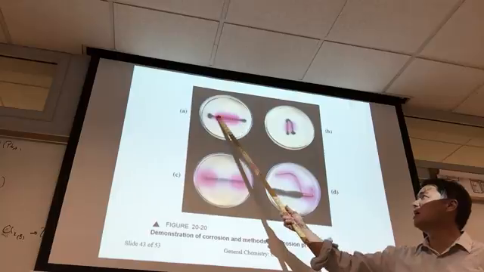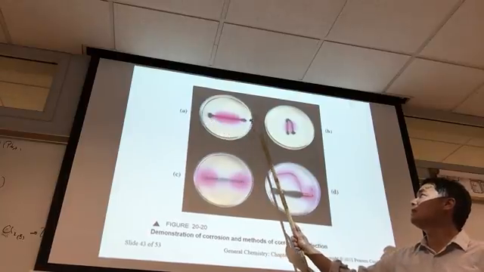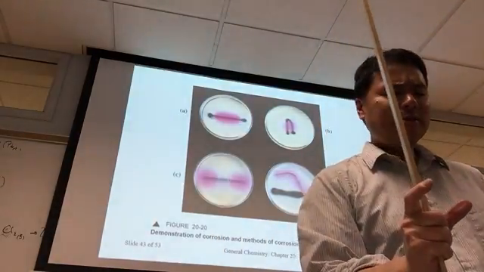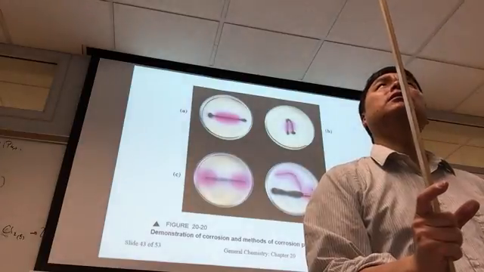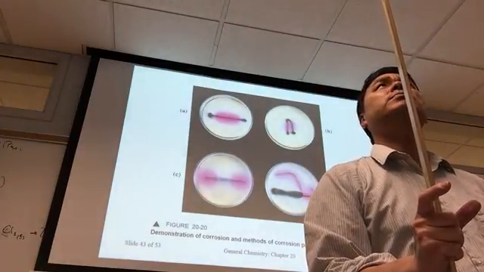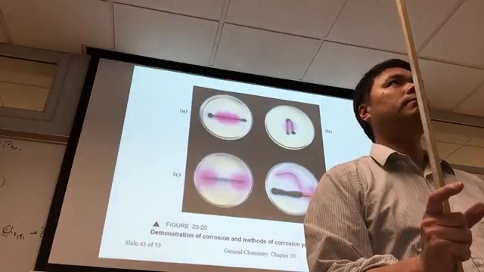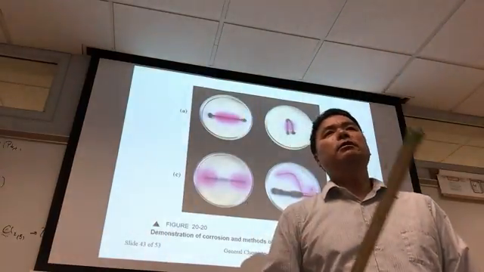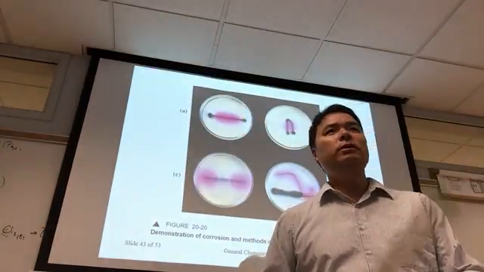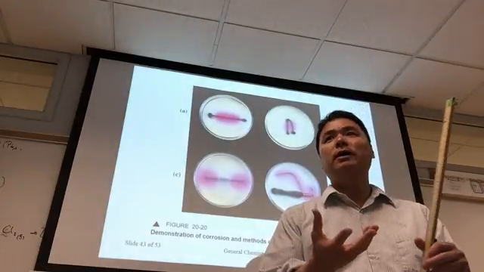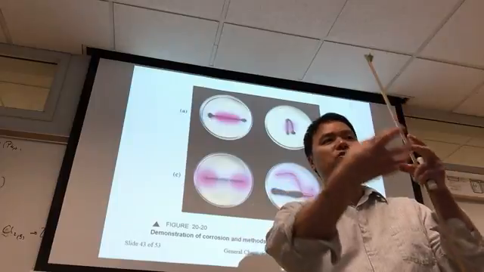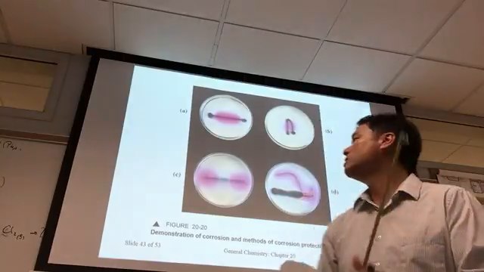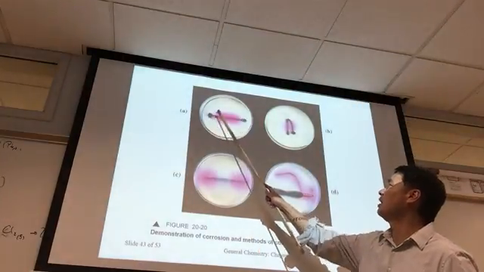So we're going to do DI water here. We'll look at A. This is a nail, an iron nail, and the iron nail has been hammered at the ends. If you take iron, I think it is body centered cubic. I'm pretty sure it's body centered cubic. If you take iron and hammer it, what are you doing to the structure? You're deforming it, right? When you're deforming it, you're tweaking the positions of the bonds. You're creating what are called defects. And so we have a lot of defects over in the iron over here,